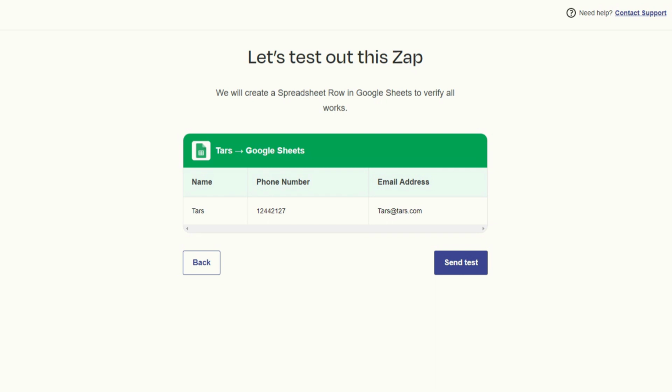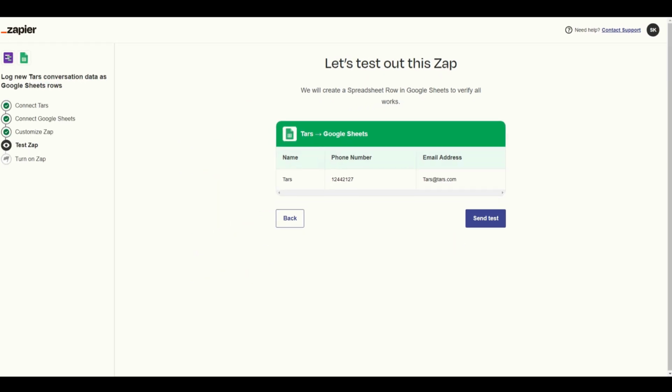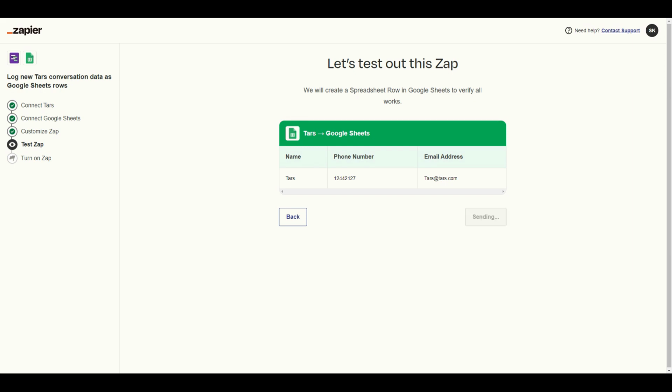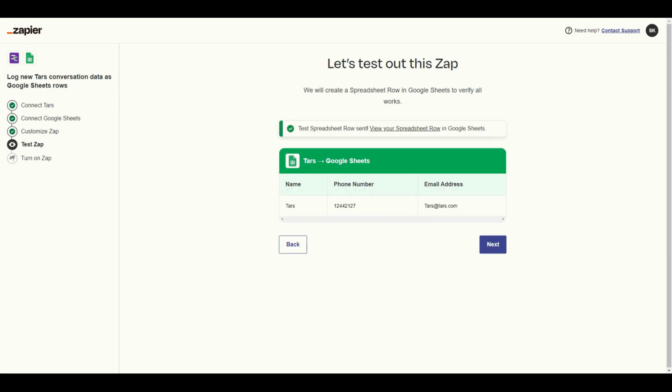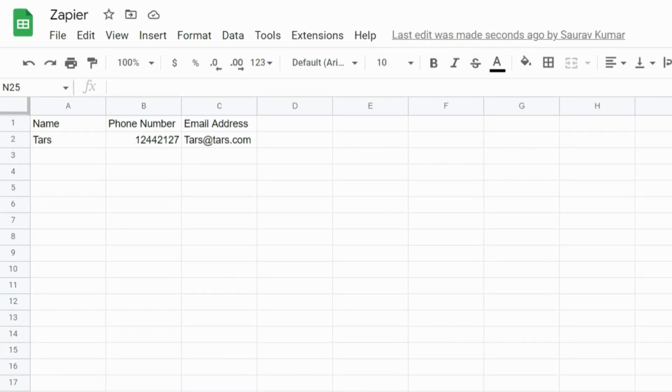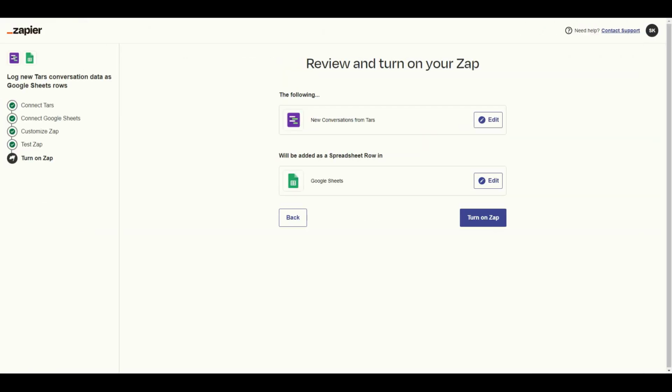Zapier will ask to test out the Zap by sending the data on spreadsheet. Click on Send Test to see if your Zap is working properly. And your Zap is all set up. Now turn on the Zap, and from now on, all the data recorded by your chatbot will be sent to